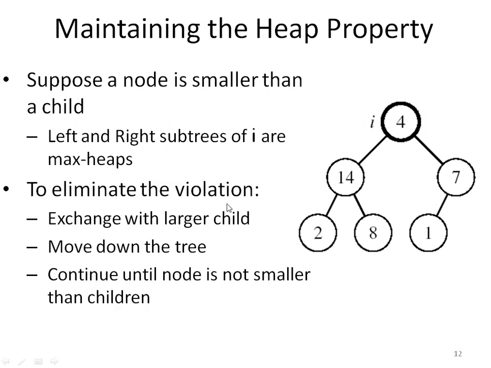Next, in order to maintain the heap property, what do we have to do? We have to basically check this parent node with its two child nodes. That means I have to compare 4, 14 and 7. Whatever is the largest, I have to make it the parent. And if I'm exchanging, then I have to keep on continuing this process till I reach the leaf node or till I reach a position where the max heap property is satisfied.